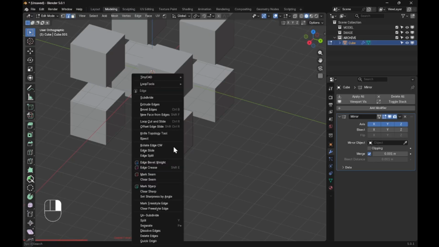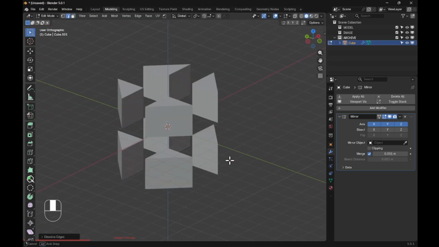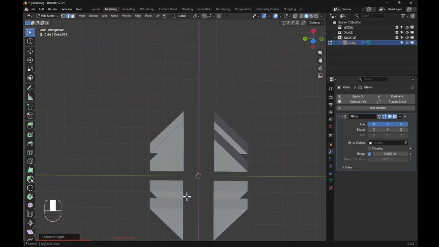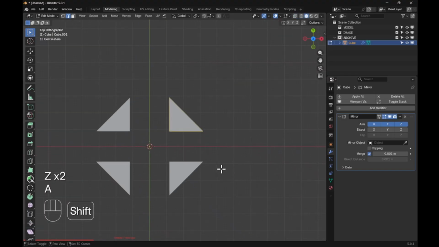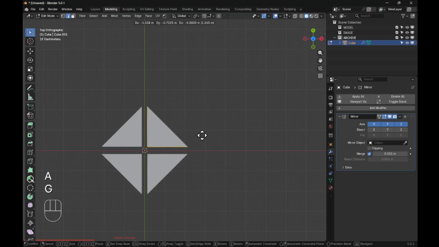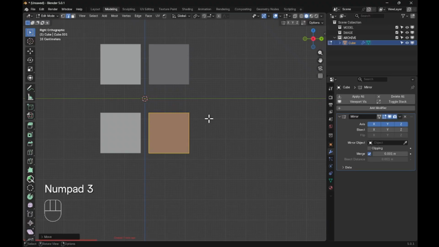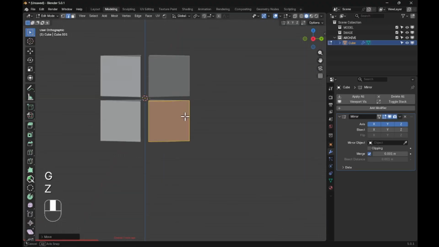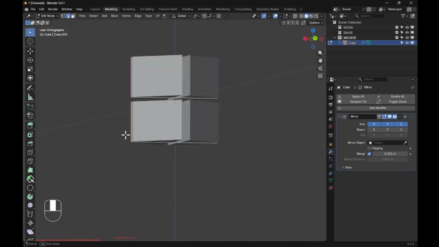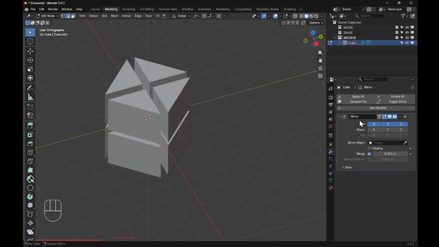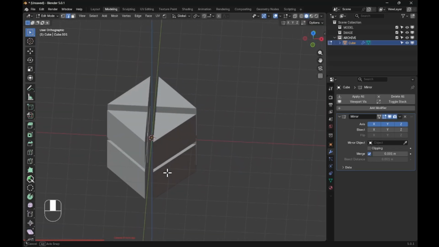So if I were to go in here and dissolve that edge there, it dissolves in all of them. See? And if I were to go up here and select all and just move it like that, and then let's move it up too, I can get a kind of interesting looking object here, and I can play with it and do a bunch of things. It's an enormous time saver, the mirror object, for anything that's symmetrical. Okay, so that's